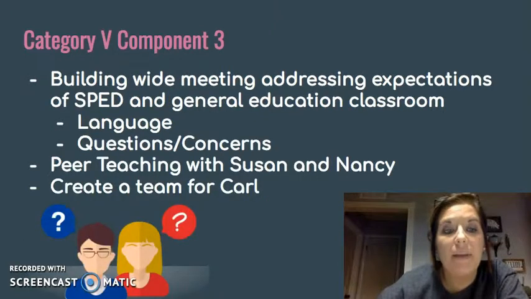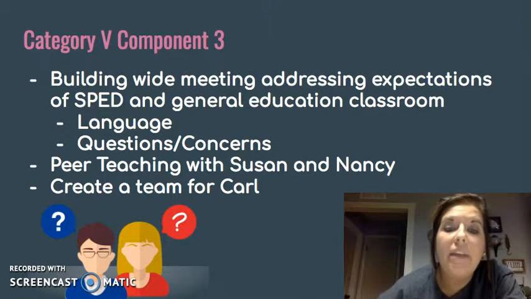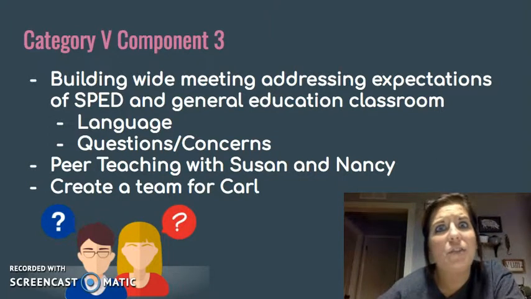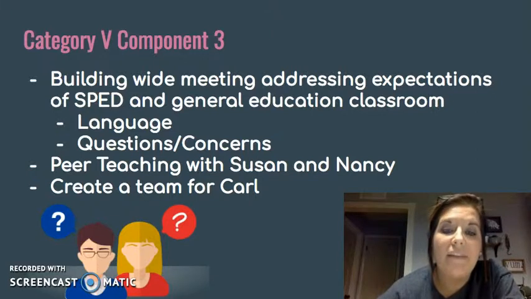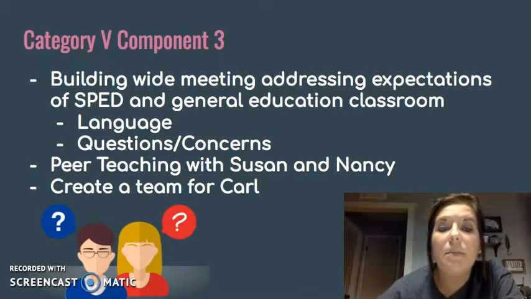Lastly, Category 5, Component 3. As an educational leader at the building level or acting superintendent, I would have enhanced instructional capacity in the following ways. The first one: when a new SPED teacher walked into my building at the beginning of the year, I would have held a staff meeting that allowed for Susan to share the process she would like for purposeful and productive meetings, as well as questions or concerns about students, and allowed the staff to speak openly about